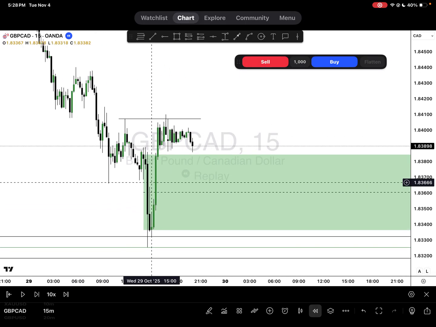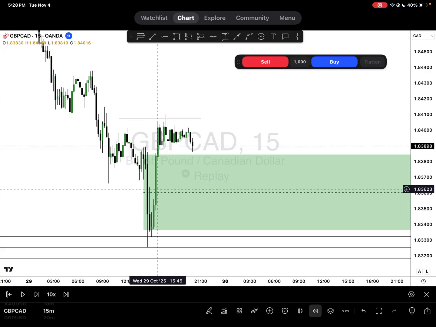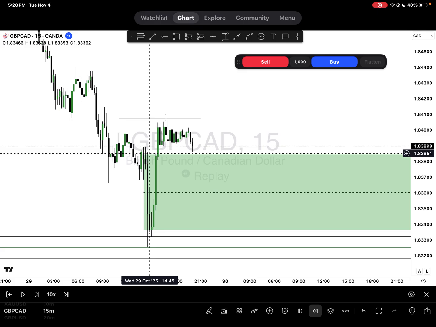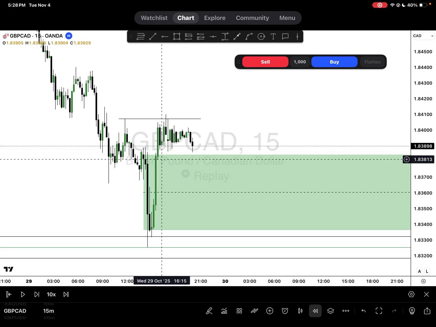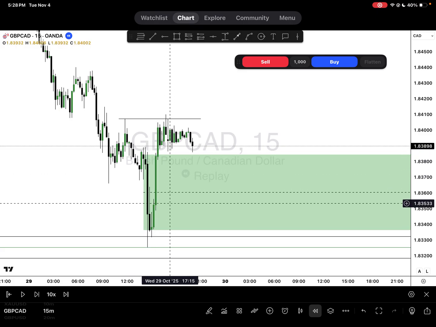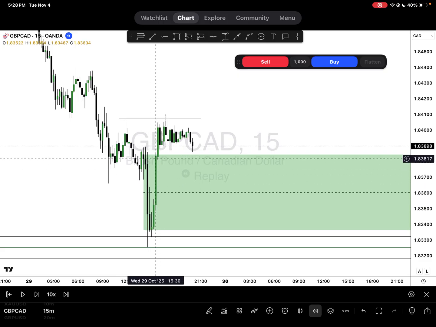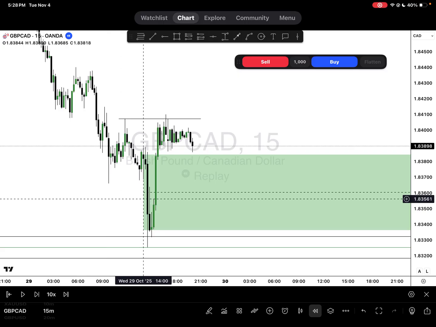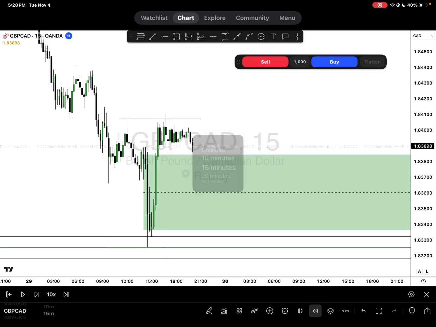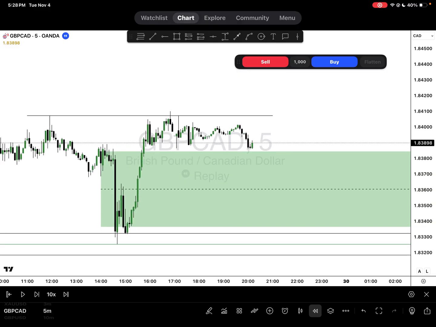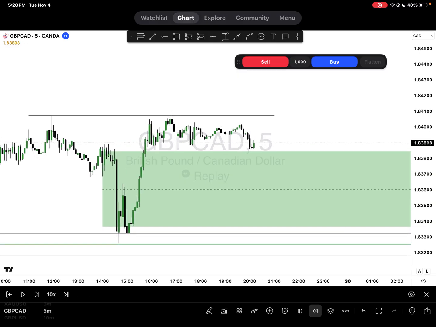Right, so this is what I do. This is me doing live analysis. And so now I'm looking inside of this green box. We see already mitigated the green. We already saw that it mitigated the green, so 50% is where we're looking at. And we want to see inside of this area if there's any price gap or sponsor candle that arises for an entry. So go down to the 10 minute, 5 minute,